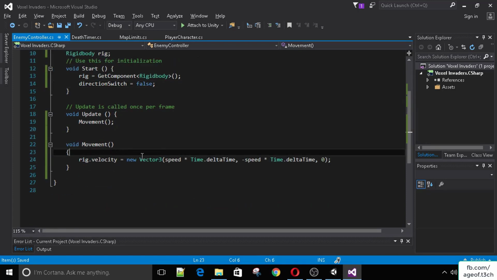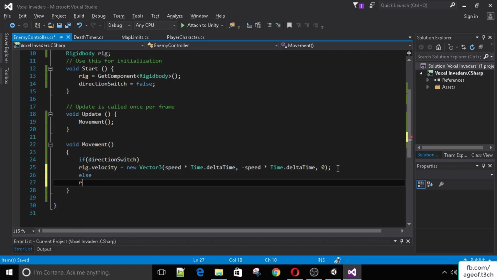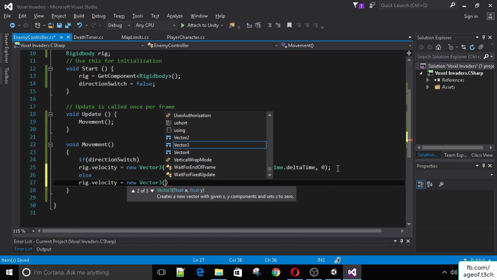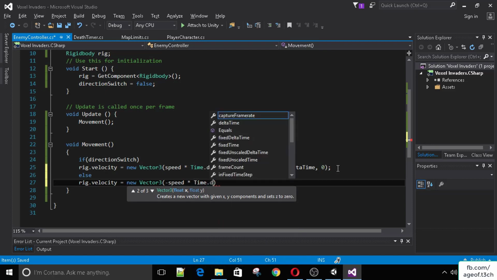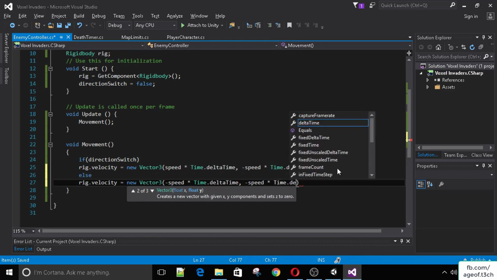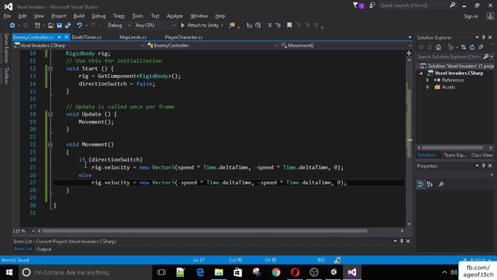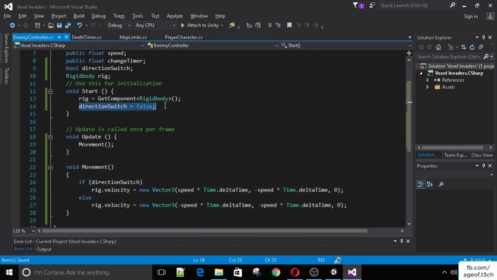And in the movement method, I'm going to say if direction switch is true, move him like this, else, now we want to move him to the left, so it's negative speed times Time.deltaTime, and again negative speed times Time.deltaTime, and 0 for the z axis. Okay, so now we have our movement, but if the game starts, direction switch is set to false and